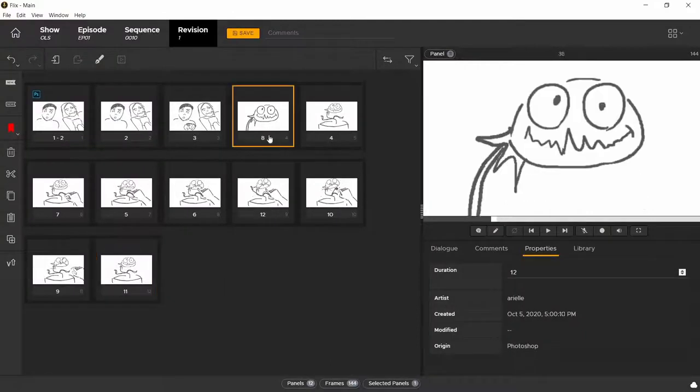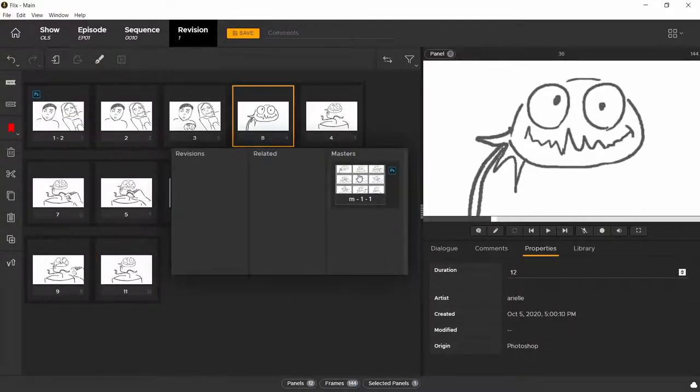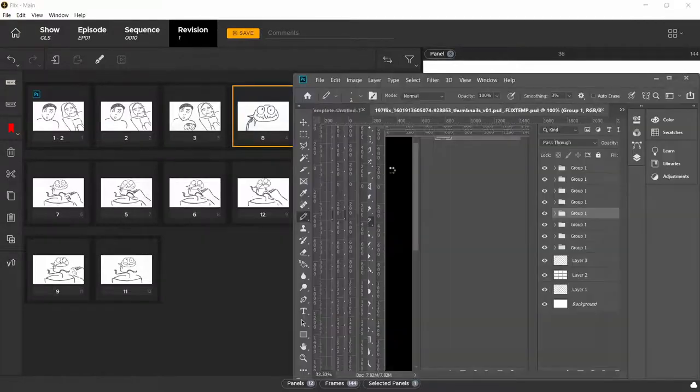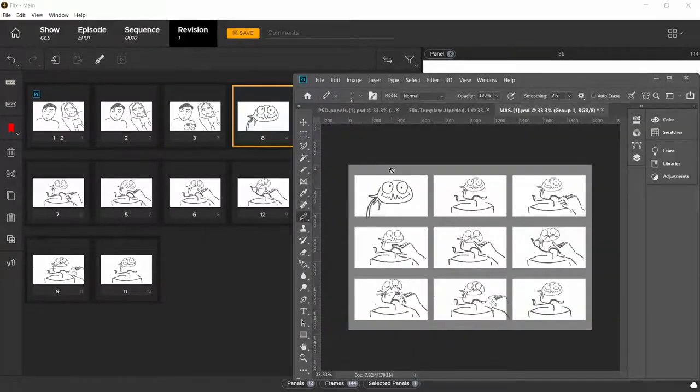In Flix, select the bar at the bottom of the panel where we can find the original Photoshop file on the Masters column. This will open the original file containing all of the thumbnails. So the use of thumbnails is really to create a first draft really quickly. Each of these panels will now open as its own panel, and then we can keep iterating and refining them